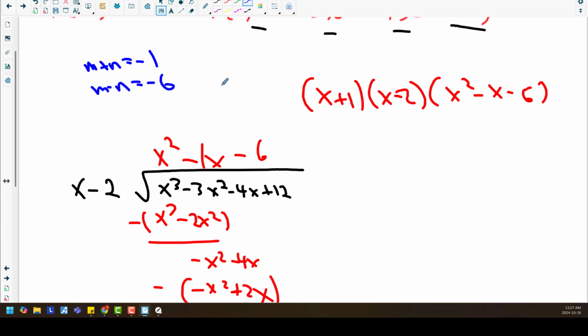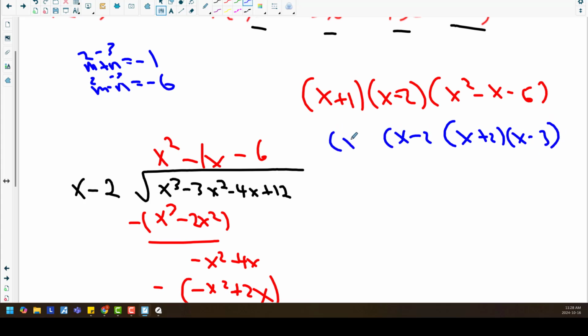Looks like a 2, 3 to me. 2, negative 3. Yeah, that works. So this is going to be x plus 2, x minus 3, x minus 2, and x plus 1. And that is how we factor